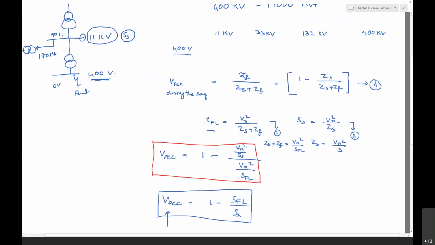Okay, there is some approximation that has been carried out in deriving this particular equation. This is an approximated equation also. Don't think of this as the exact equation, because is it correct? For the fault level MVA we have been considering Zs also, and again we have been considering the source MVA as Ss, and then the S has come over here. It is the equation which we have derived. This equation is the approximated equation.